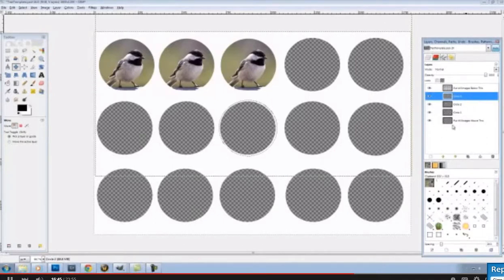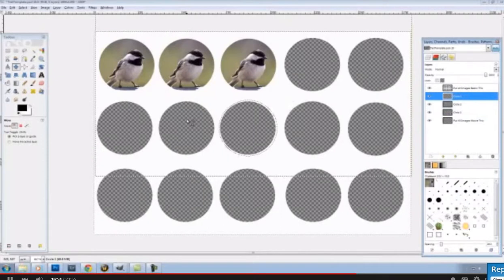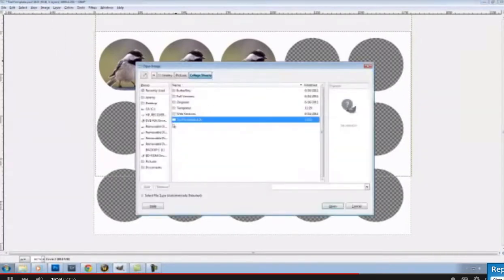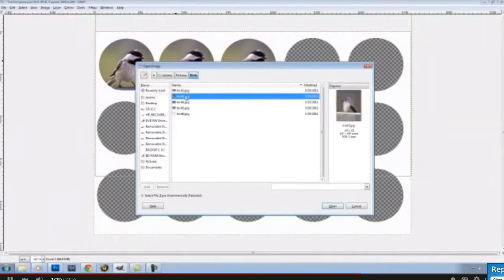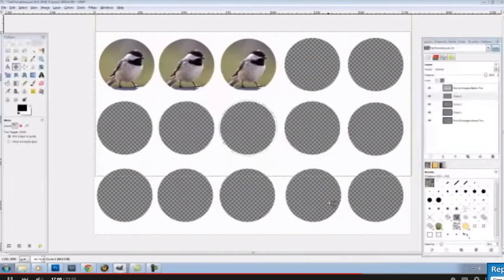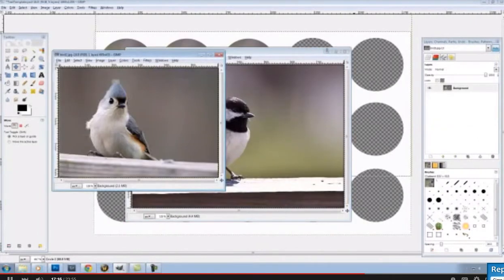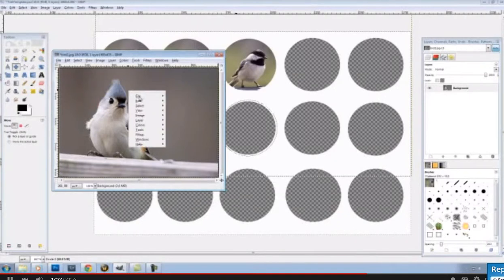Let's just say, for instance, I want to add a different picture. Let's say I wanted to use a different bird below. Let's go up to File and Open. I'll do this quicker just for the sake of time. I'll go to Pictures and Birds, and I'll choose this guy. Alright, and he must be down here. Oh, no, wrong bird. Let's choose this bird. There we go. Okay, now right click, Select All, right click, Edit, Copy, minimize that,